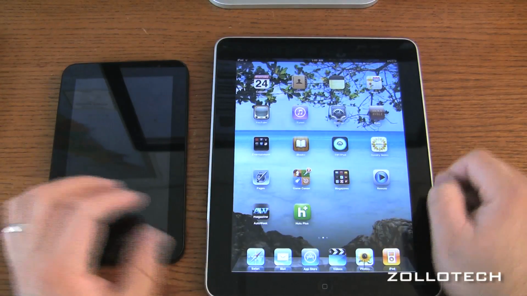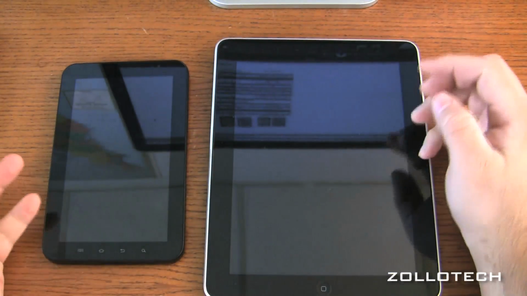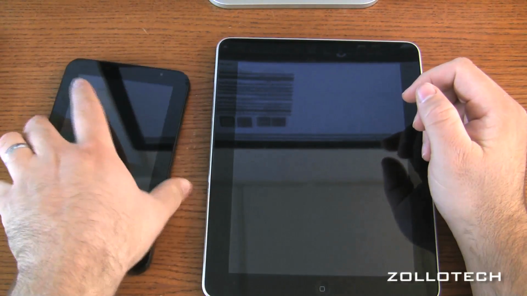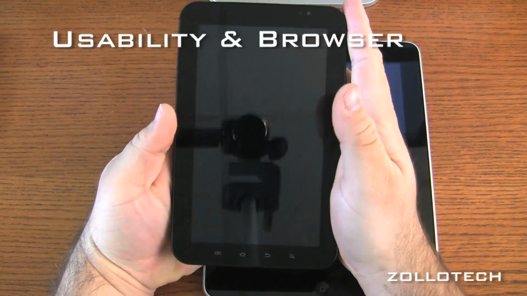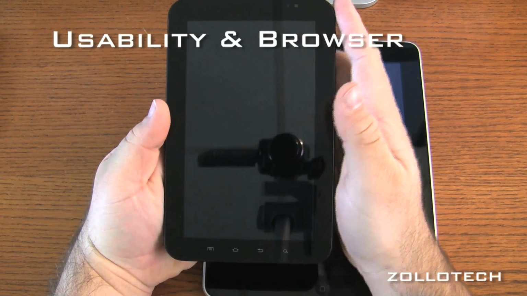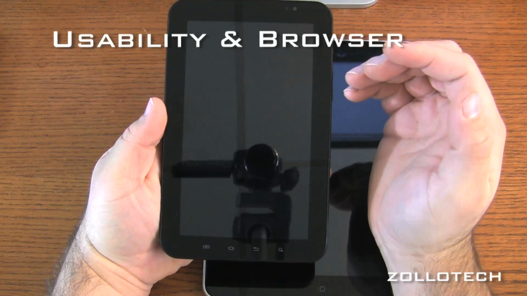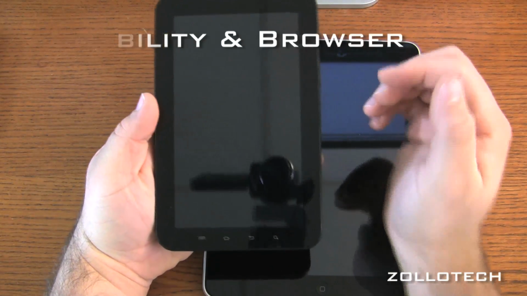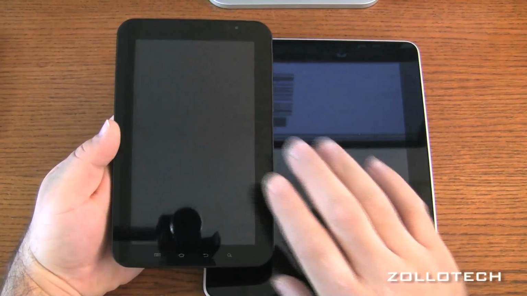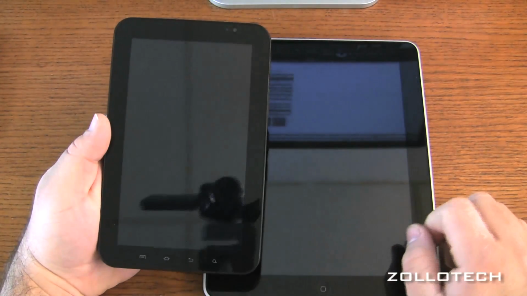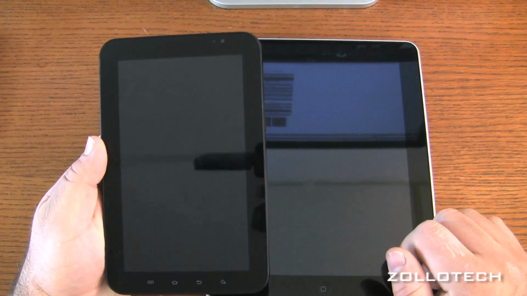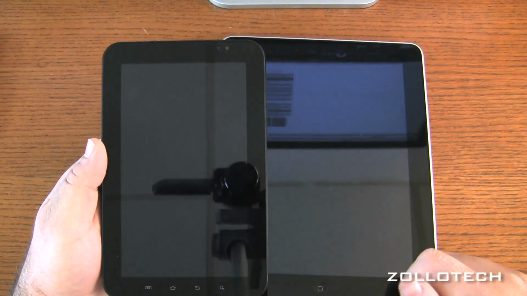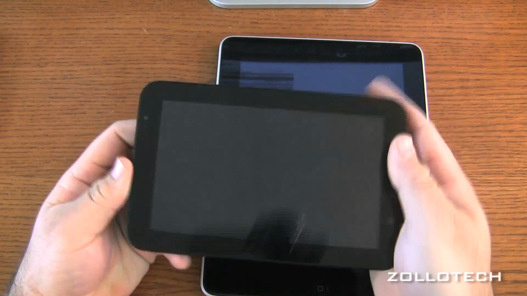So now that we've talked about basic design and overall function, let's talk about everyday usability as well. This is actually much more surprising to use as far as a good experience compared to what I expected it to be. Having an iPad, I really did not expect much out of this tablet. However, I found it to be a great device for listening to music as well as watching video, as it's a widescreen